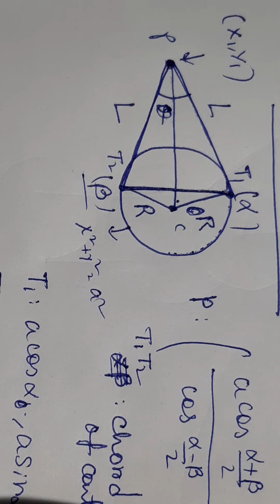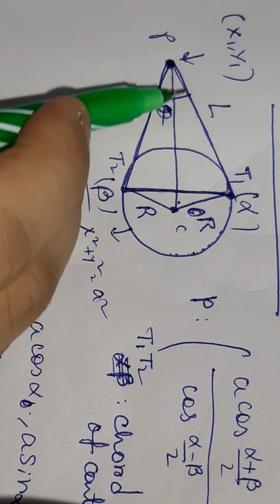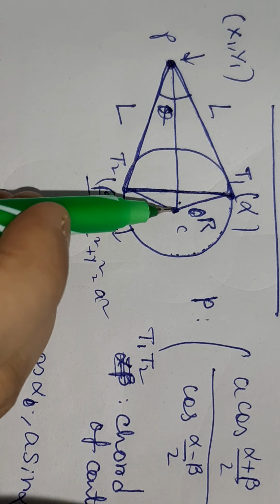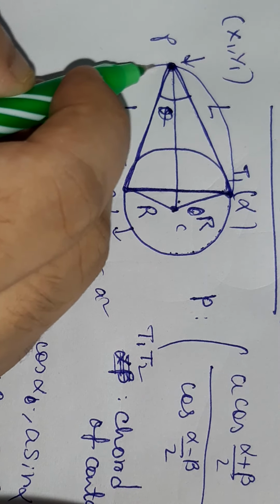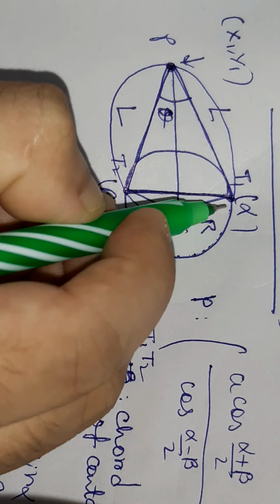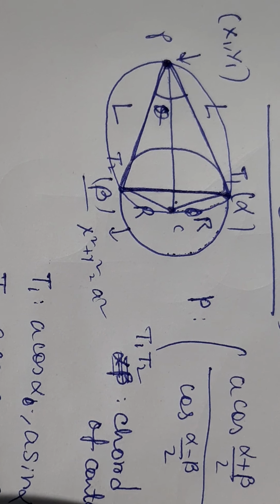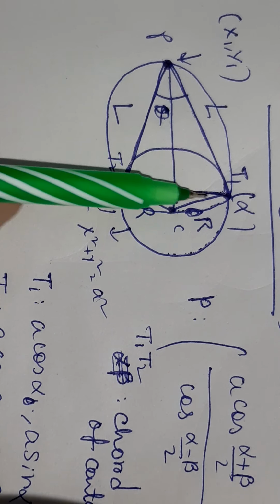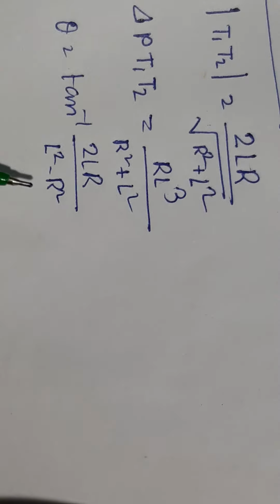Okay, so now we can draw a circle through the four points P, T1, the center C and T2, something like that. Then what will be the equation of this circle circumscribing P, T1, C and T2? Okay, so we can write that